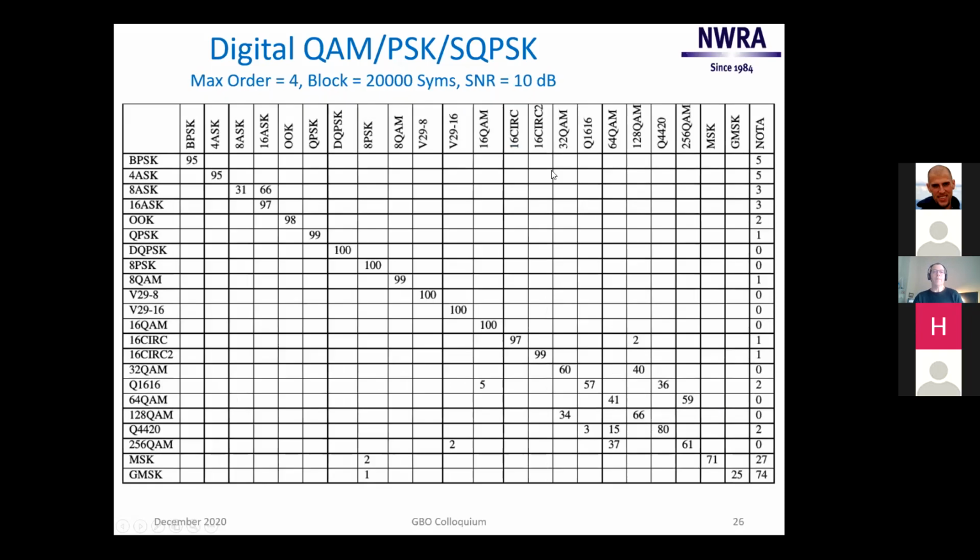But if we bump up our block length, if we have the luxury of processing more data, then you can make that performance much, much better. There's still a few confusions. 32 QAM for 128 QAM, 64 QAM for 256 QAM is still there. And those are natural because when you look at the fundamental probability density functions and cyclic cumulants for those signals, they really are quite close. So even the machine learners have troubles with those